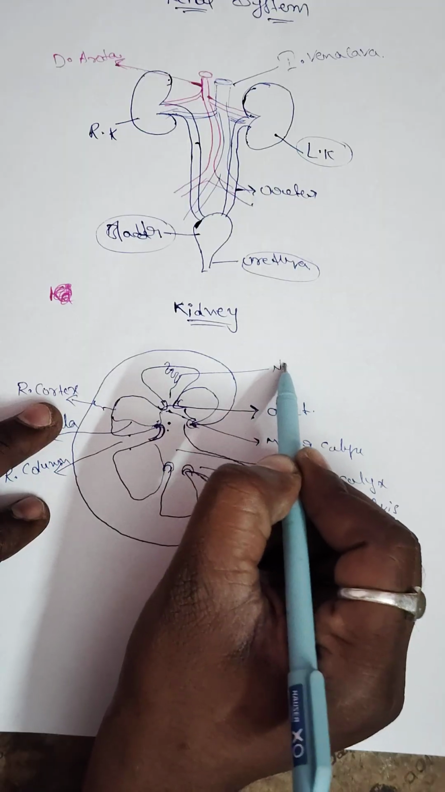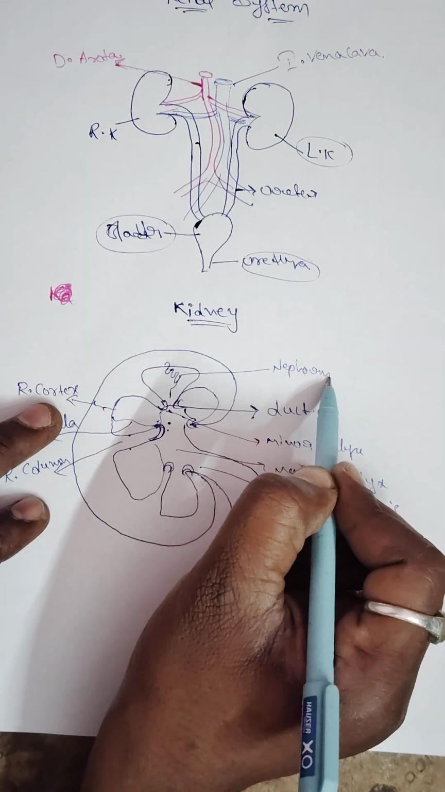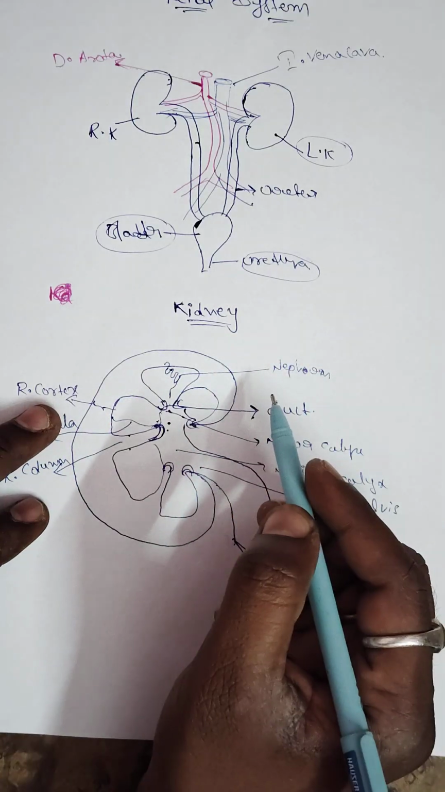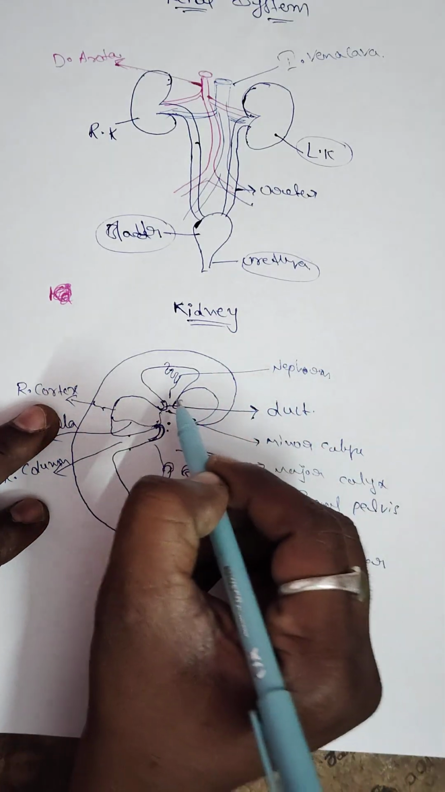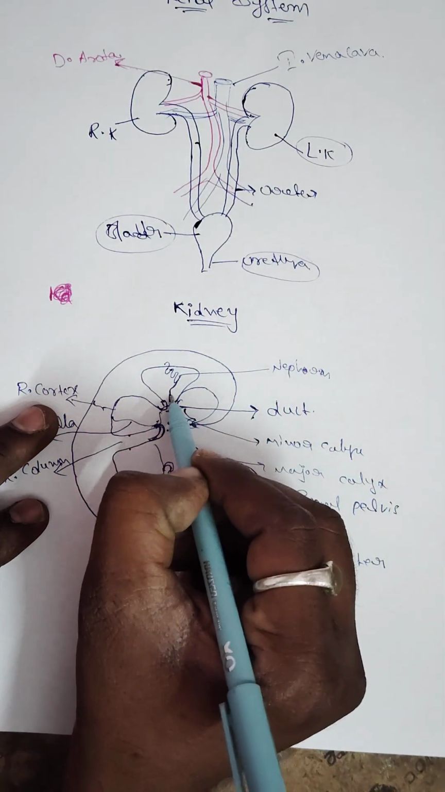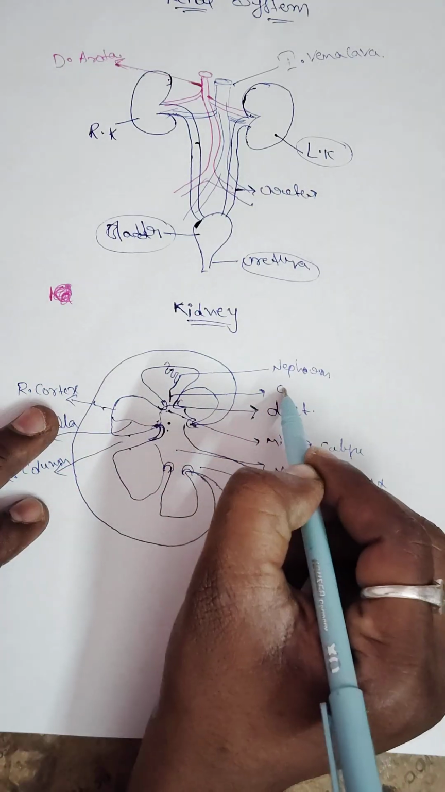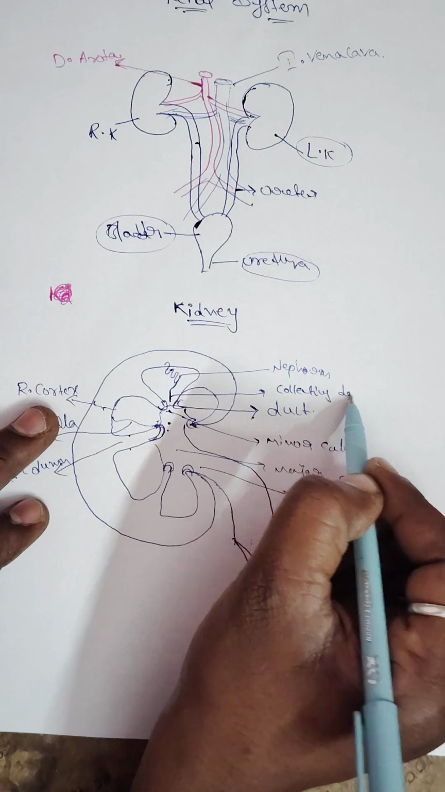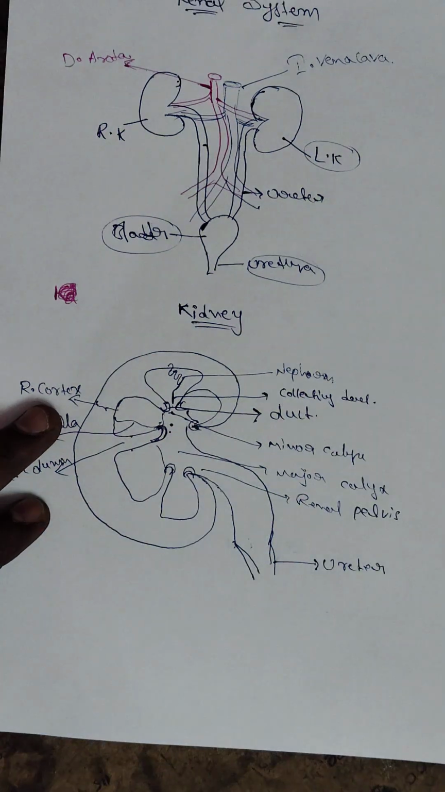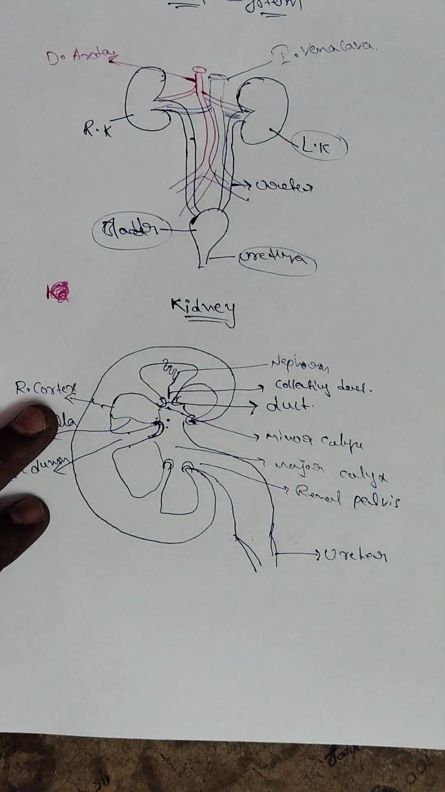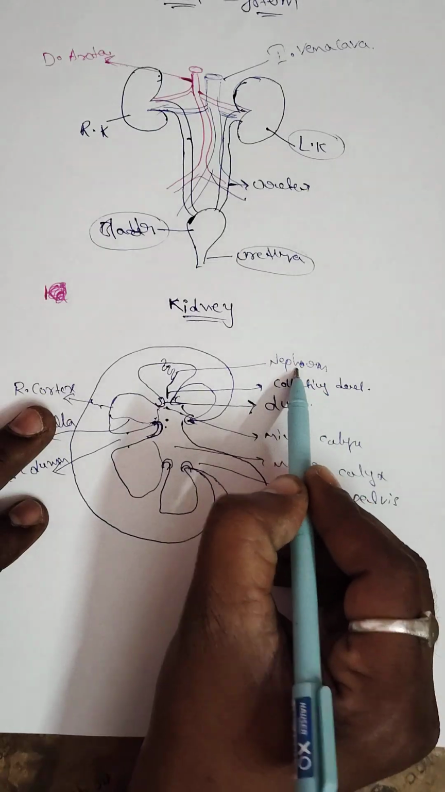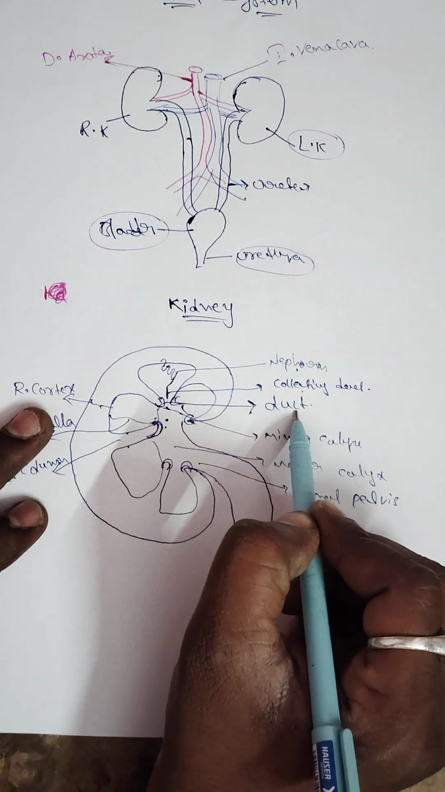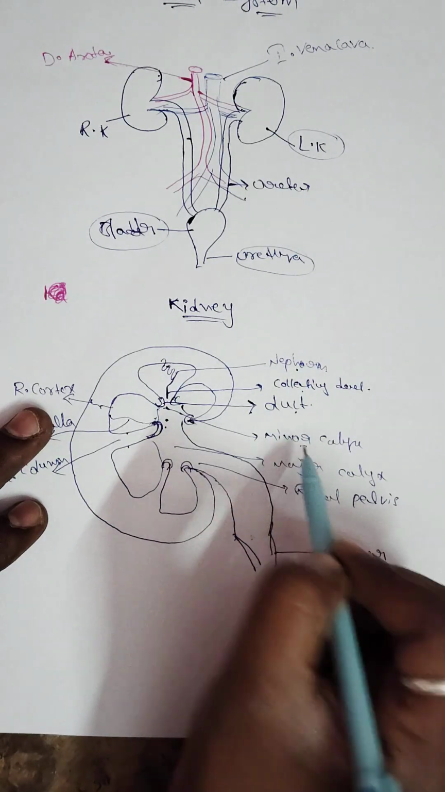So nephrons collect the urine into the collecting duct. This is called a collecting duct. Here we observe a few points. Those points are the nephron, collecting duct, and this is called a duct in the renal pyramid, minor calyx, major